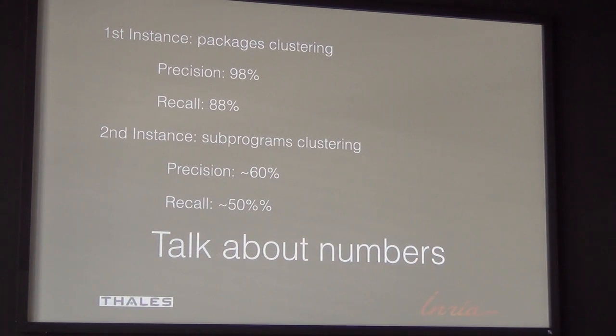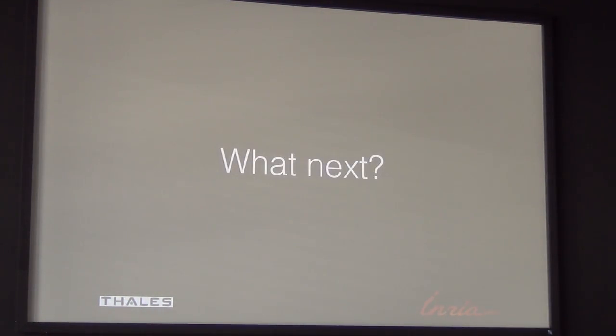So we have a pretty high precision and a correct recall, pretty high also for the first instance. We had some problems actually with the second instance because the precision is quite low and the recall is really low, but we have some ideas on how to improve this second instance, and this is what we are going to do. Actually, we're not going to just use an expected graph, but also the cases in the